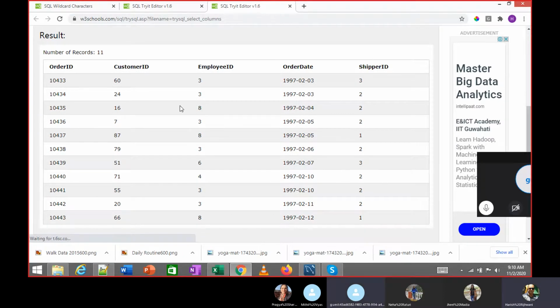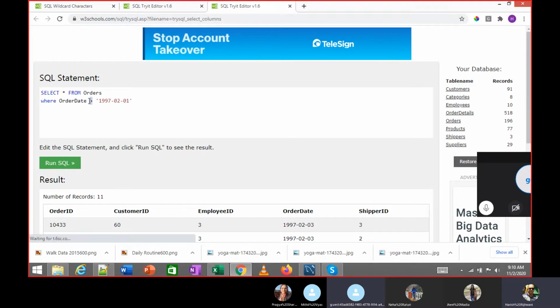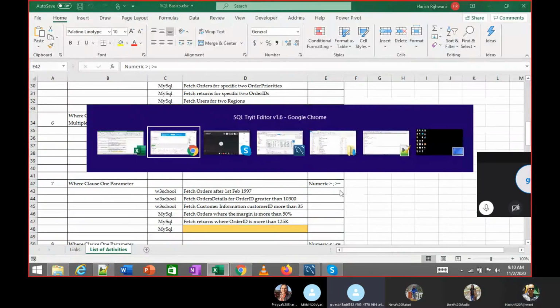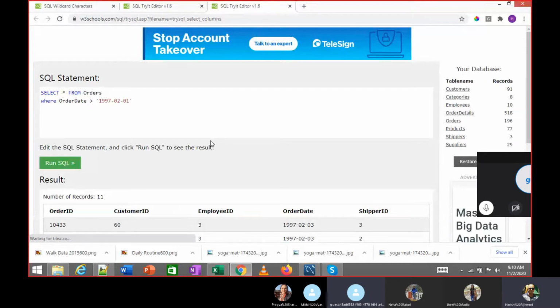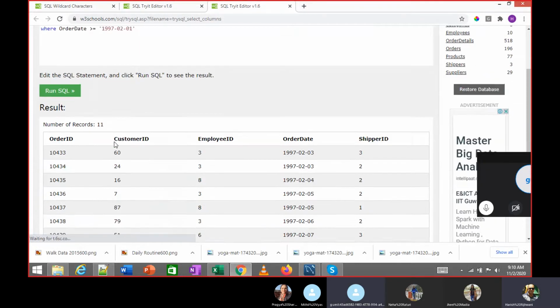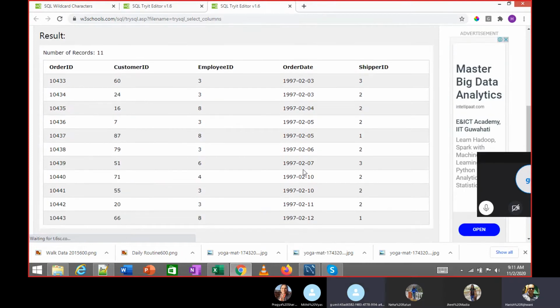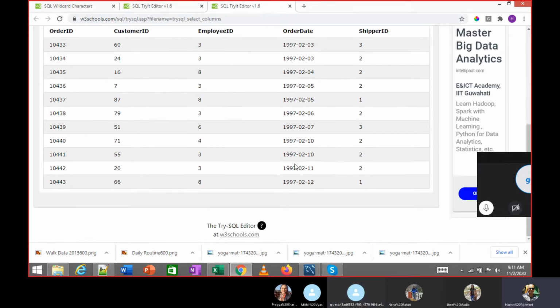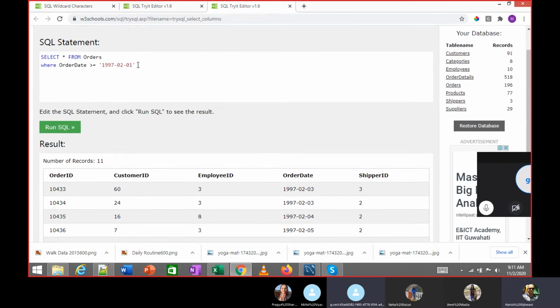Make sense? Instead of the equal to, I use greater than. If I want to include the date of 1st February as well, I will make it greater than equal to. Though there doesn't seem to be a record for 1st Feb, still, if you want to include that, you will add the equal to symbol.